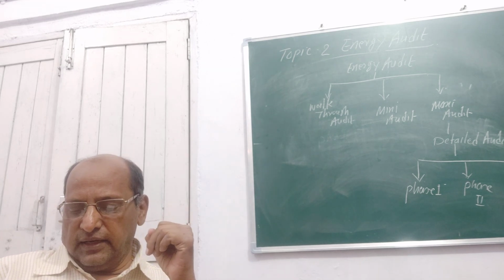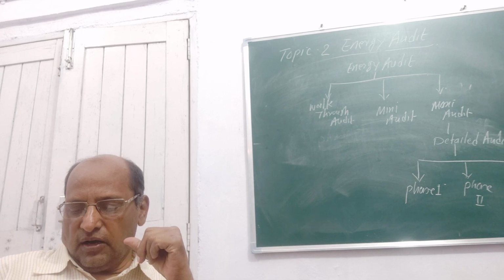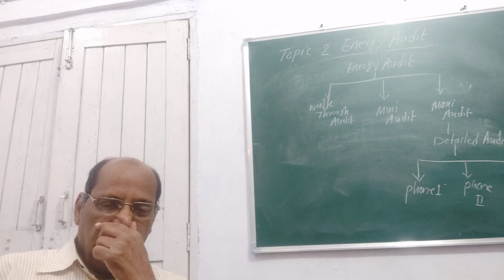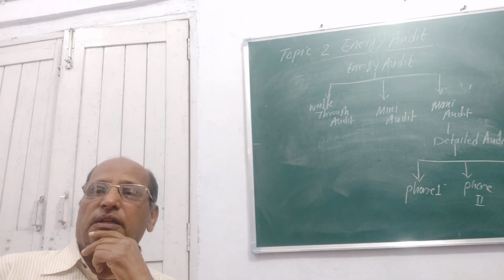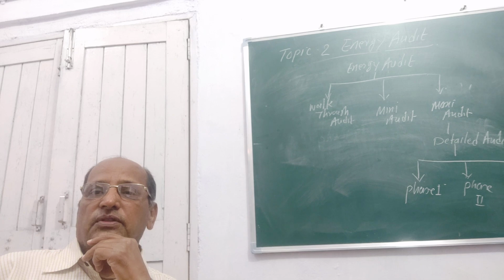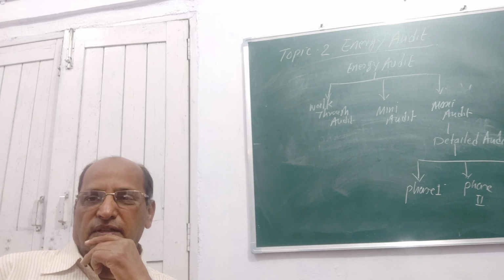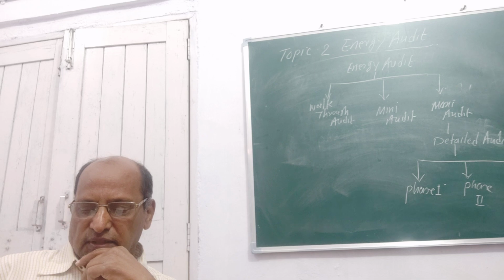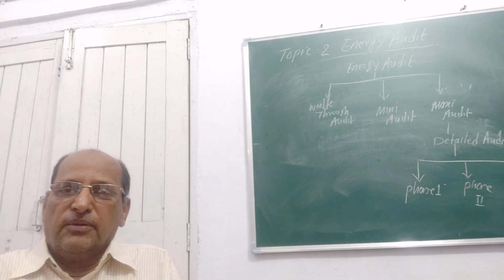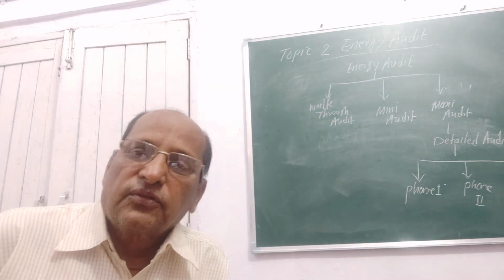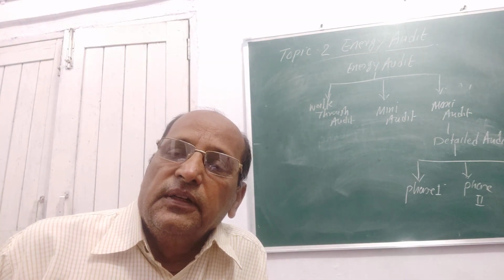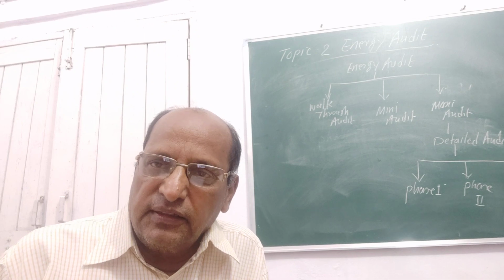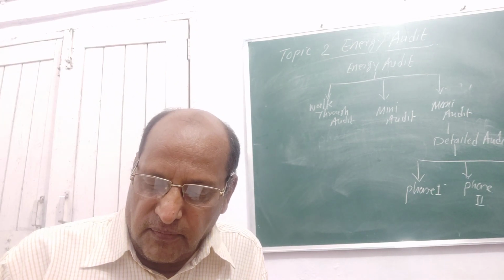Then the fourth point is to collect details of all related data about major energy consumption. You have to go, in the pre-audit, for all those data which are related to the extensive energy consumption area. In the industry there are certain areas in which maximum energy consumption takes place. So you identify this particular area and collect the data for calculation of that.